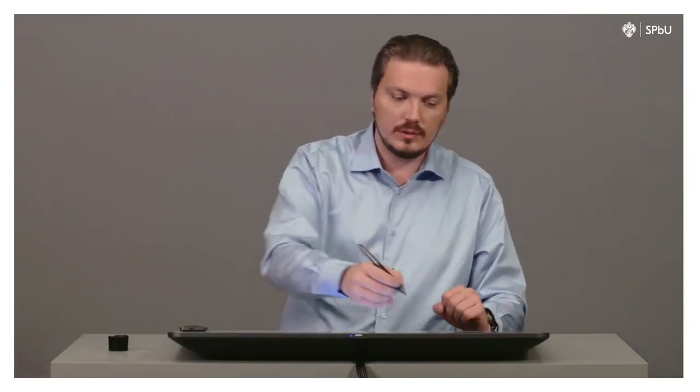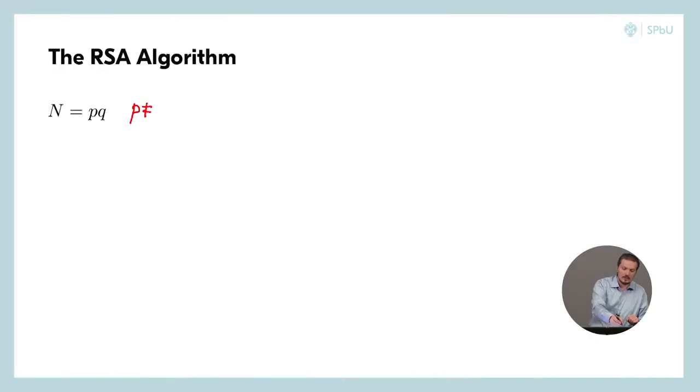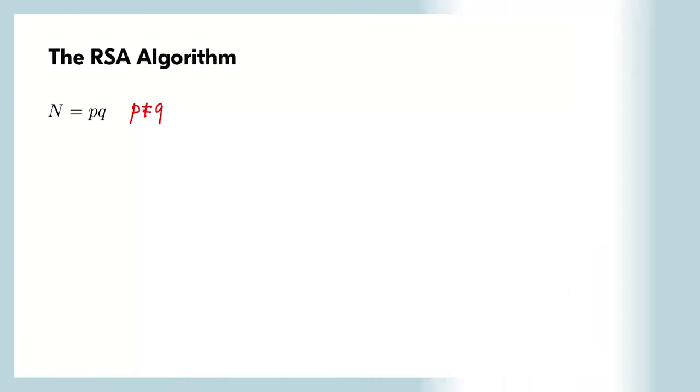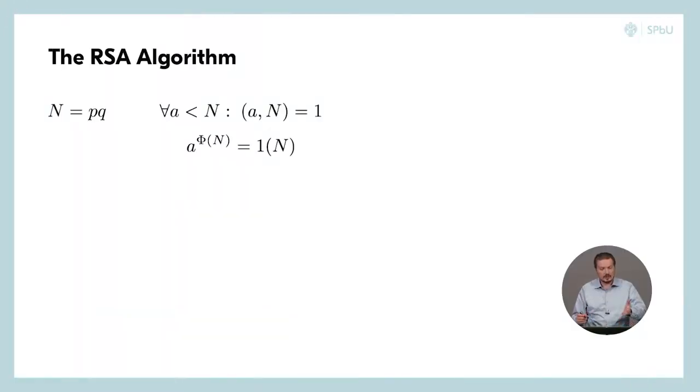Let us recall the RSA algorithm. Again, P and Q are big different primes, P does not equal Q, and N is their product. Then for any number A less than N and coprime to it, we can postulate this identity, which is known